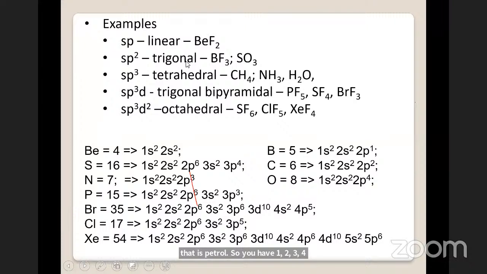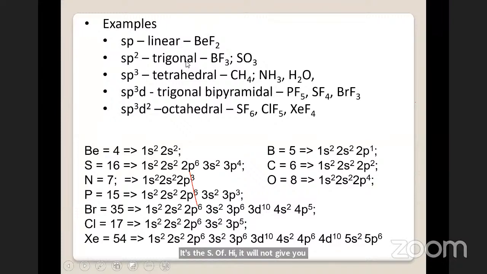Each of these, you have 1, 2, 3, and 4. So that is an sp3 hybridized molecule. The same thing when that sp3 interacts with the s orbital of hydrogen, it will now give you that of methane, which is